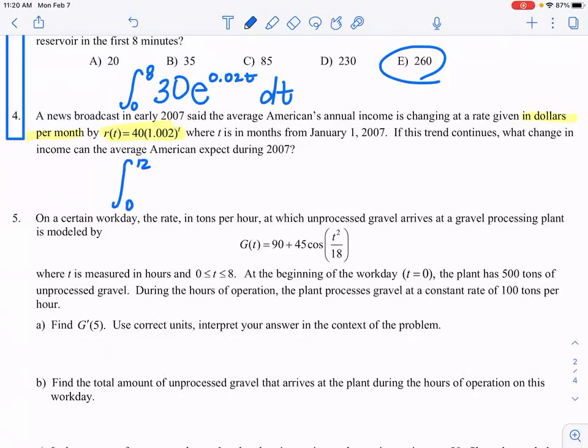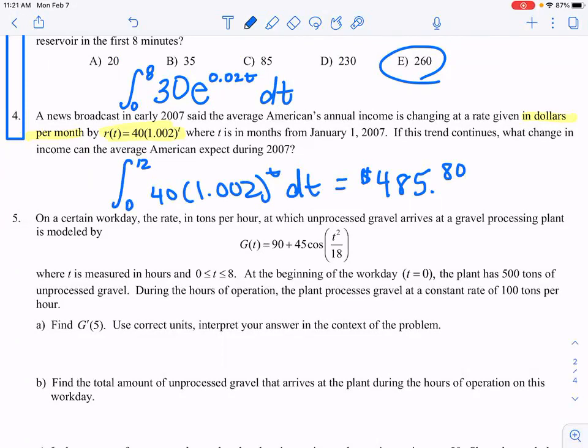It's like 0 to 1 is January, 1 to 2 is February. Of 40, boom, boom, boom, boom, boom. Luckily, you have a calculator. And when you plug that into your calculator, you get a nice $485.80. Yeah, I like 3 decimal places, except when we're talking about money. Let's be reasonable. Okay. How would you do the first one without a